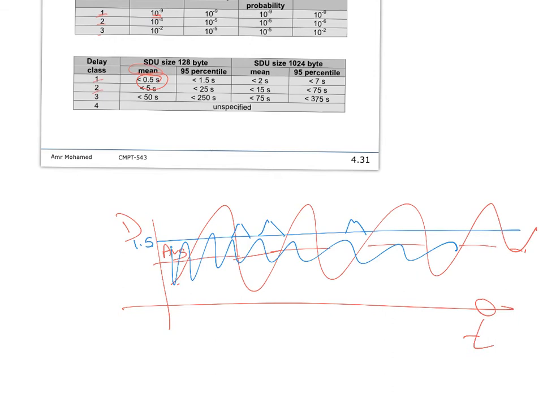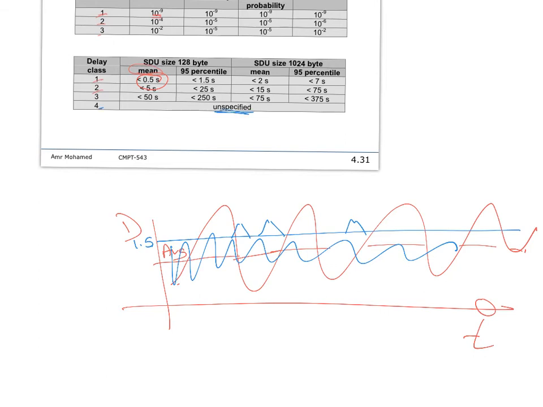Okay? So this is more stringent, because the average is sometimes loose. So you go much higher, much lower, but the average is 0.5. But when you look at the instantaneous delay, it's very high or very low. So the 95 percentile is more stringent. Okay? So again, these are